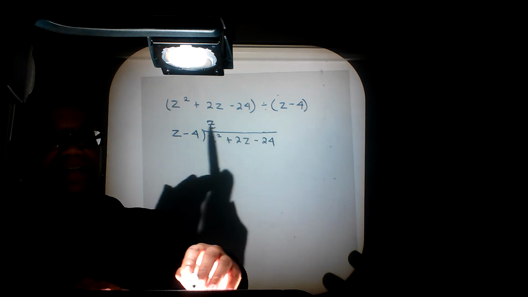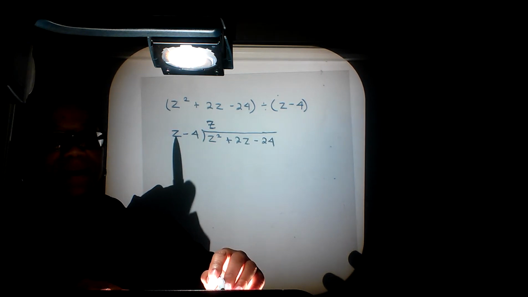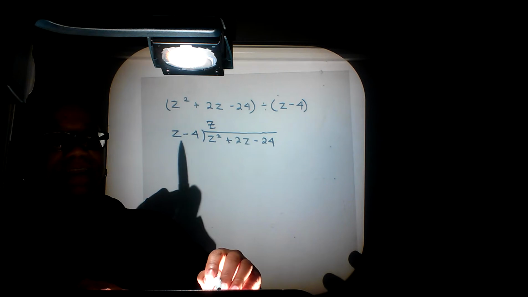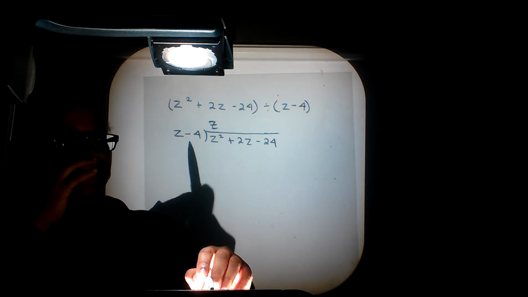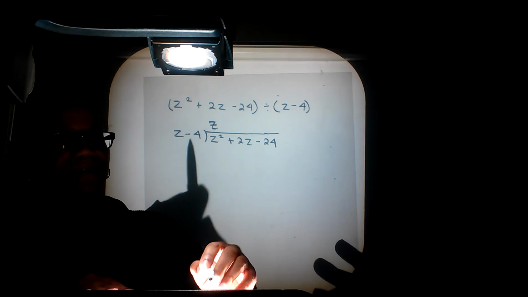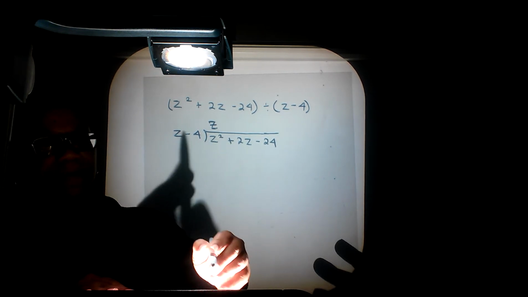Whatever I put at the top here, I must multiply it times everything on the outside here. So I have z times z, which gives me